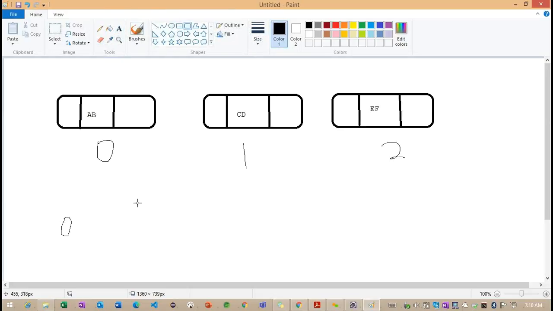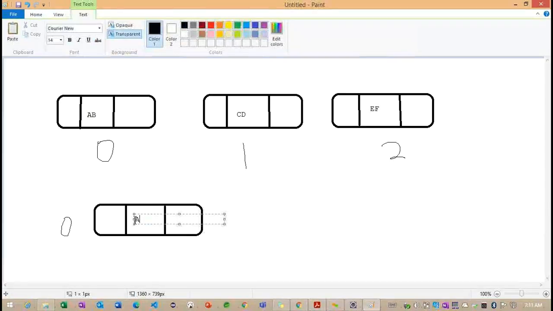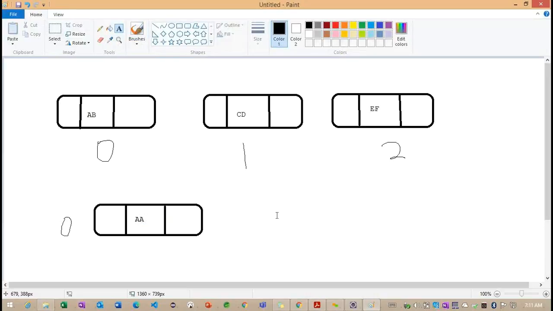Now here I want to create one more node. This is another node we are creating here with the previous and the next. So what is the value we are having? Something called double A. Getting the point? Observe, initially we created three nodes here, AB, CD, EF. With the zero index location, we are trying to create one more node.